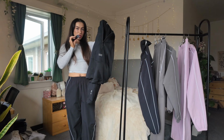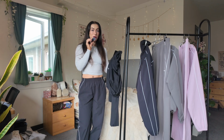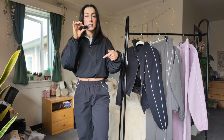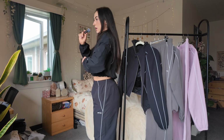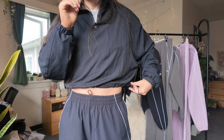I'm going to try on the Origin jacket so that I can show you the difference in the two and why I prefer the new Signature track jackets to the Origin one that launched in summer. So this is also a size medium, so you can draw a direct comparison between the two of them. This one was just a little short for me. Yes, of course, this is with the drawstrings done up, so this is the shorter of the lengths, but